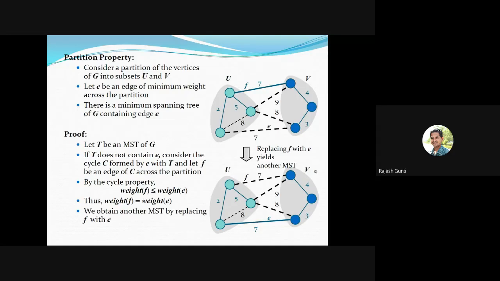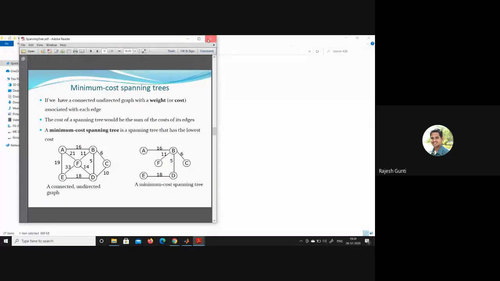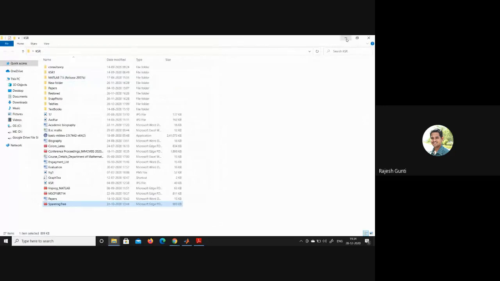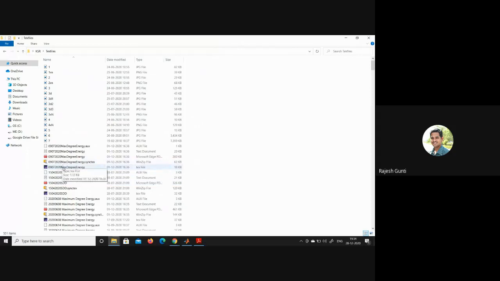Not only PPT. If you want to send a paper to a standard journal, you have to prepare it in a LaTeX document only. Am I correct or not? Standard journals like Scopus, Web of Science, SCI-indexed journals are asking for LaTeX format only, not an ordinary Word document or PDF document. So I am telling the importance of this. For example, if you take this paper,